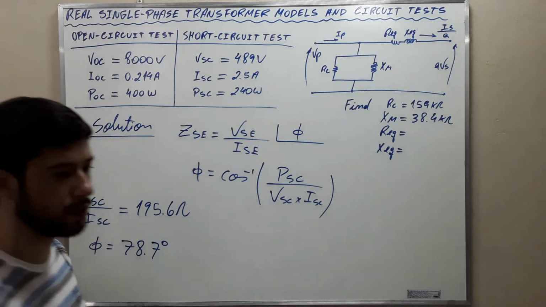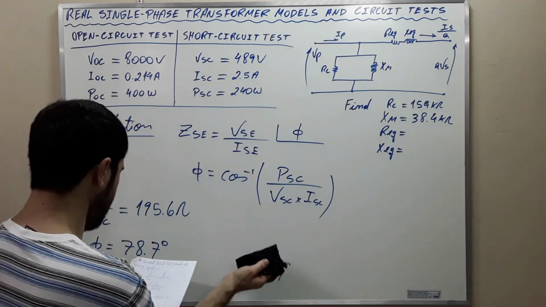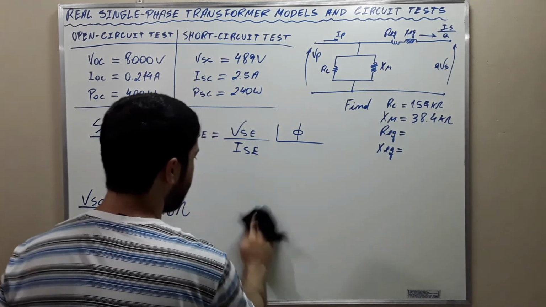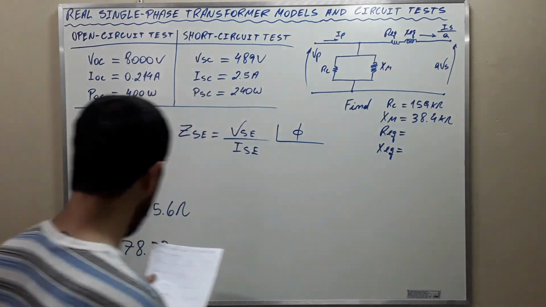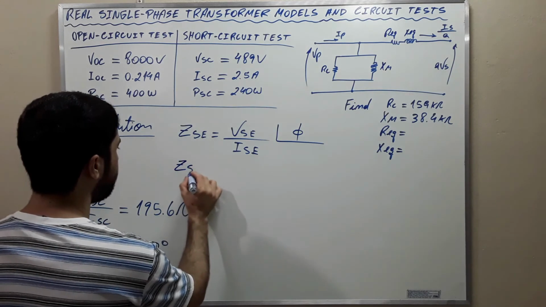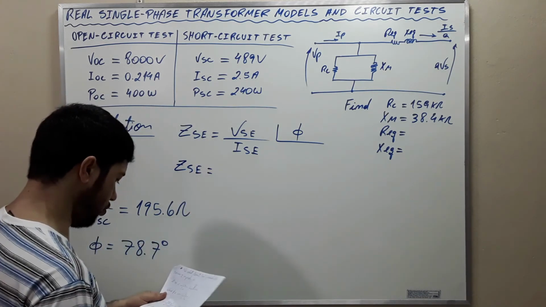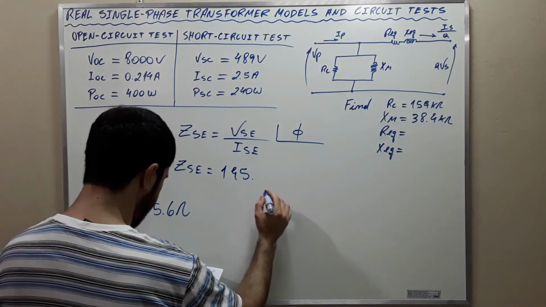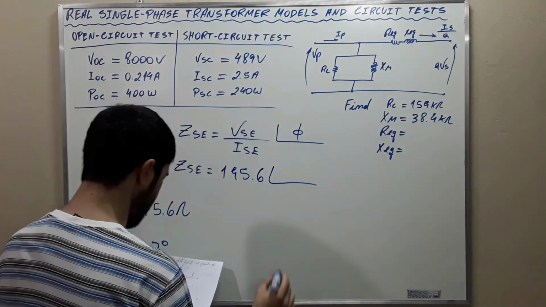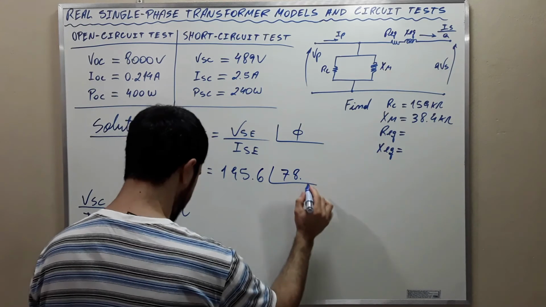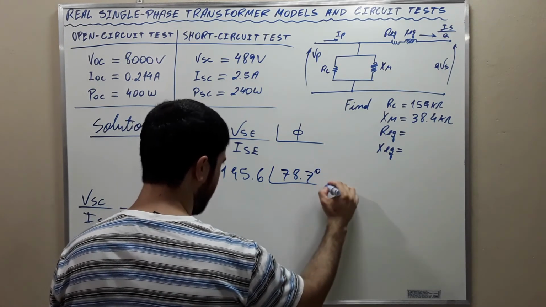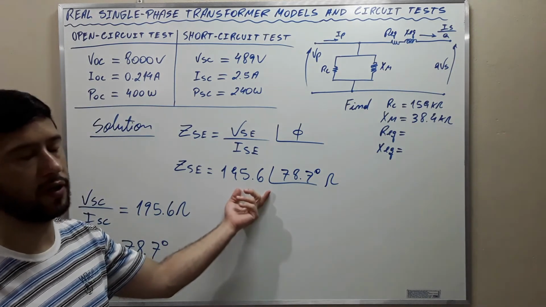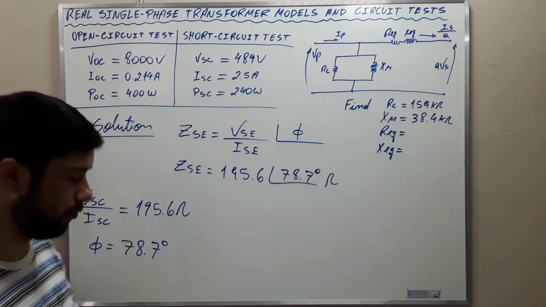Okay, and then we get that ZSC is equal to 195.6 in the phase 78.7 degrees ohms, and we break this number apart by converting from the polar form to the Cartesian form, and we